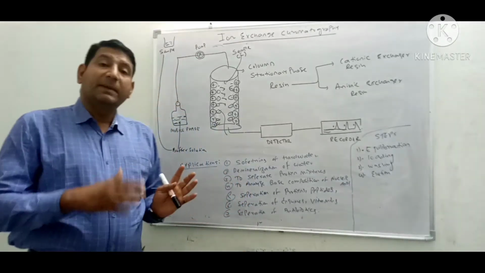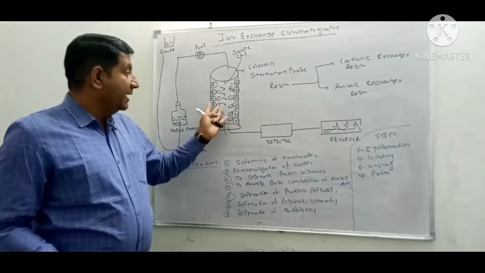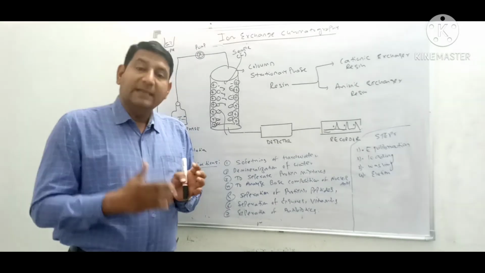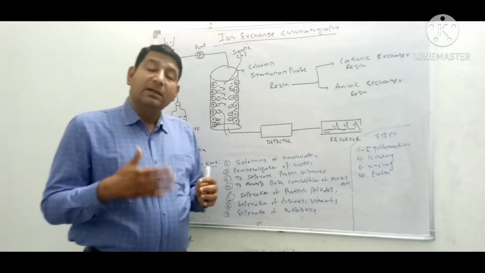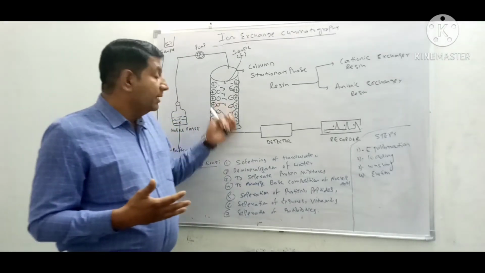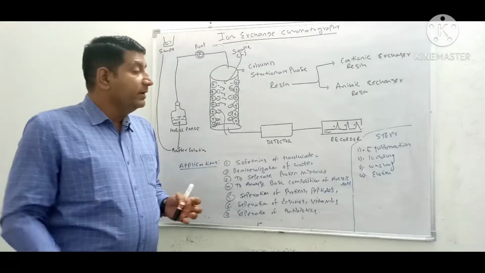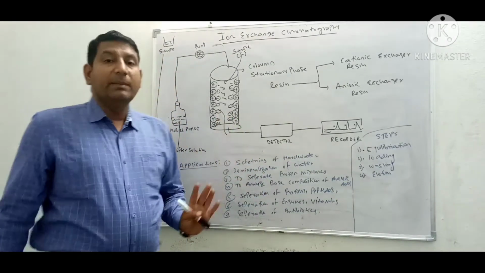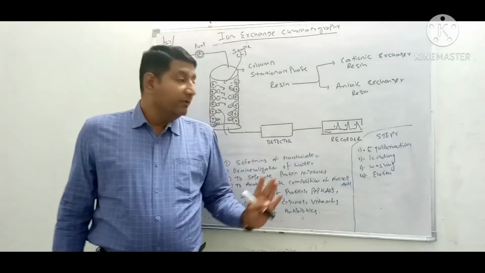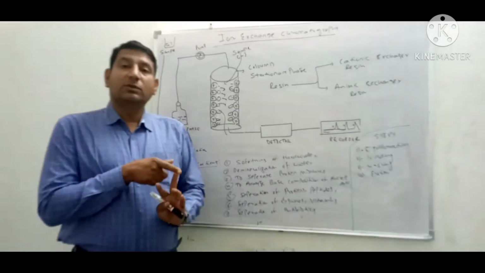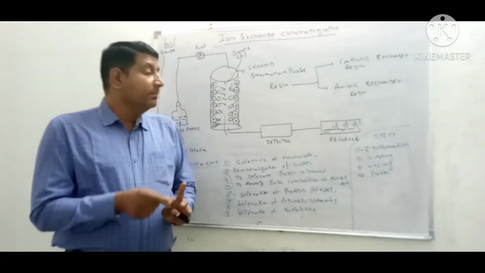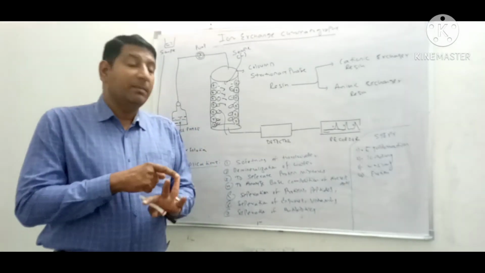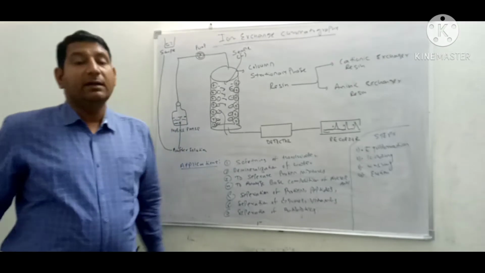When our sample displaces the negatively charged particles, in this case the negatively charged particles of the column or resin, there is a need to separate the desired part of our solute with the help of a suitable solvent. This is known as washing, and after washing the final step is elution. So these are the 4 important steps by which ion exchange chromatography works. Number 1 is equilibration of the column, number 2 is loading of the sample, number 3 is washing with the help of a suitable buffer system, and number 4 is elution of the desired product.